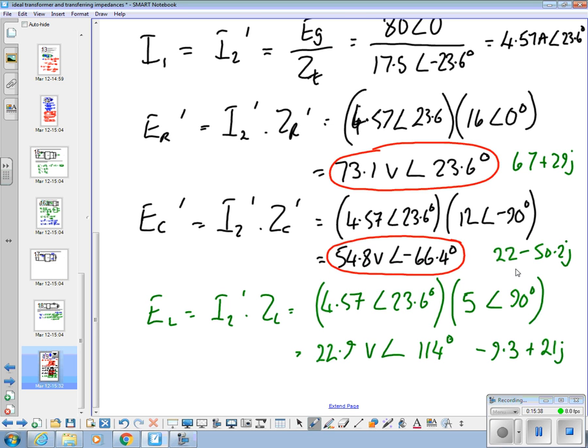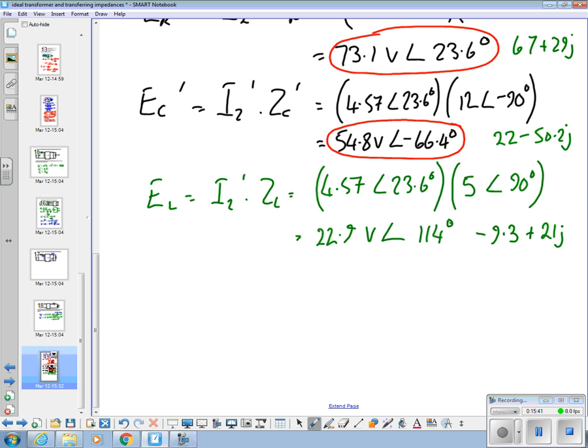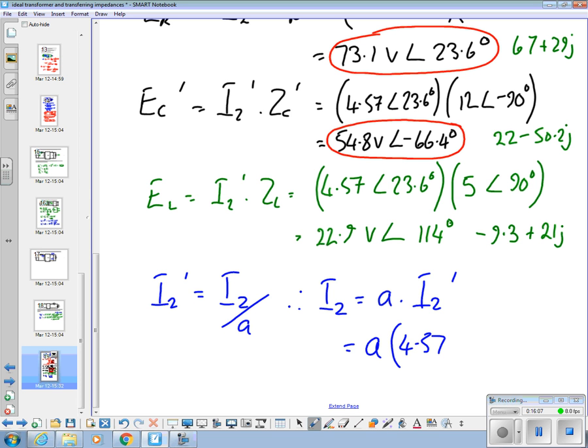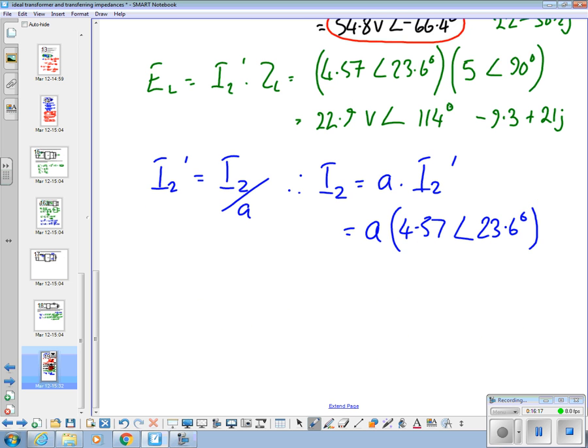So going back down here, final answer, we know that I2 dash is equal to I2 over A, therefore I2 is equal to I2 dash over A. A is only a ratio, so it ain't got no angle associated with it. That's 0.02 times 4.57 angle 23.6